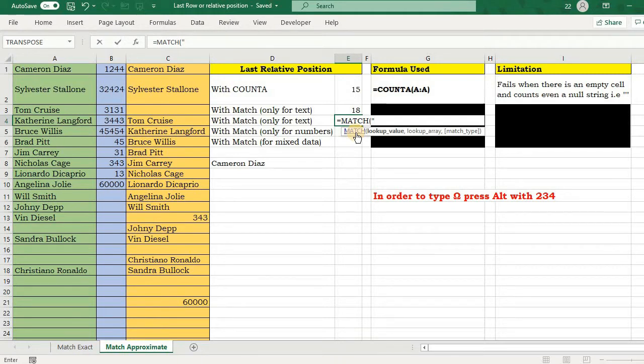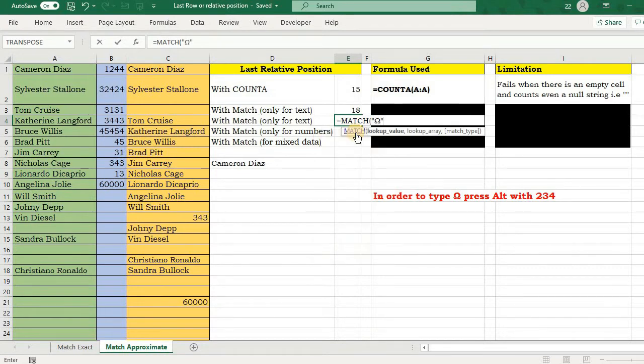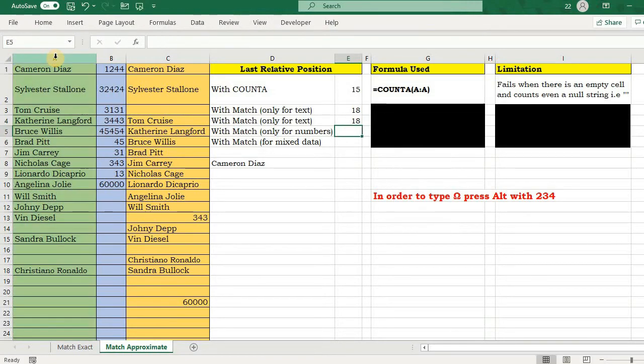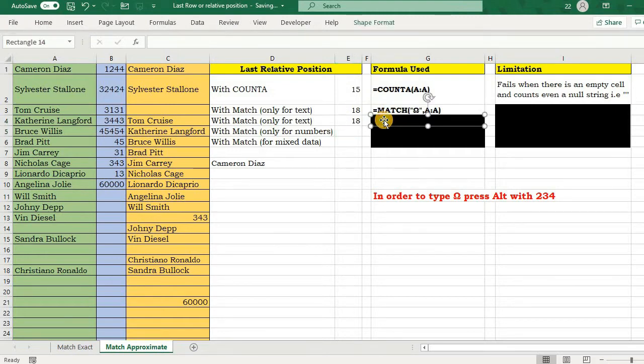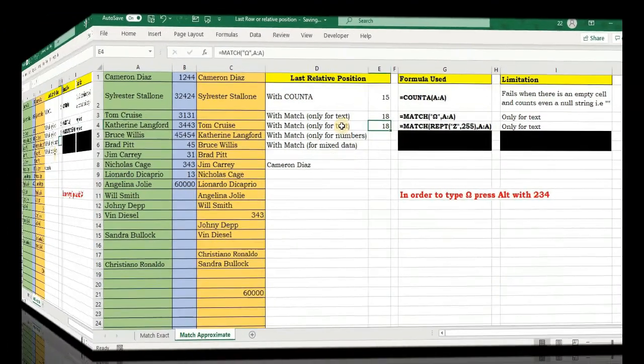I repeat, Alt key with 2 3 4, Alt 2 3 4. So I'm looking for omega in column A, and this will also work fine. For your sake, I will give you the formulas. Again, I told you this is applicable only for text data.